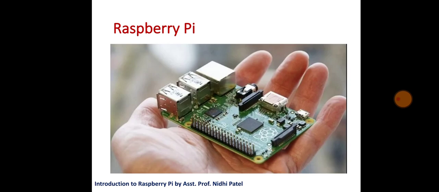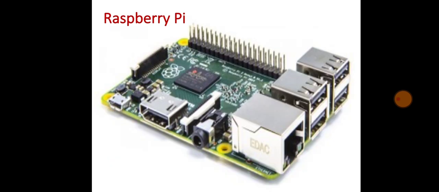As you can see, it is very small in size, so that you can even hold it in your palm. But don't go by its size, you can even build robots by using Raspberry Pi. See, this is how it looks. As I said earlier, on a single chip, various ports are placed to which you can connect your keyboards, mouse, monitors, cameras, speakers, and then your Raspberry Pi is ready to use.